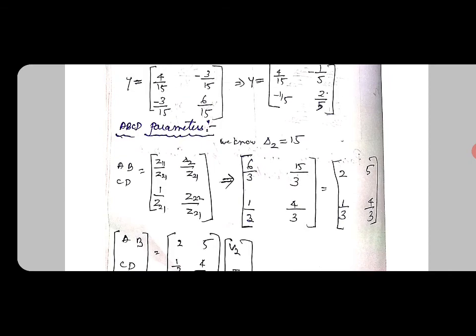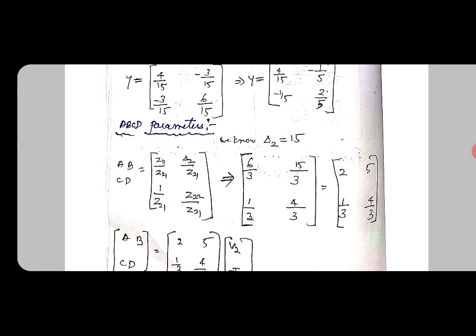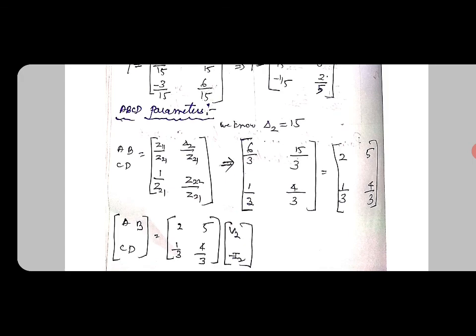First of all, we need to bring the given data into a standard parameter matrix, either Z or Y, and then proceed to what they are asking using the conversion conditions. Suppose Z parameters are given and Y parameters are asked: first write the Z parameters, then the condition to obtain Y from Z. Likewise, if ABCD is asked from Z parameters, write the condition and then solve the equation. We can see the next problem in the next video. Thank you.